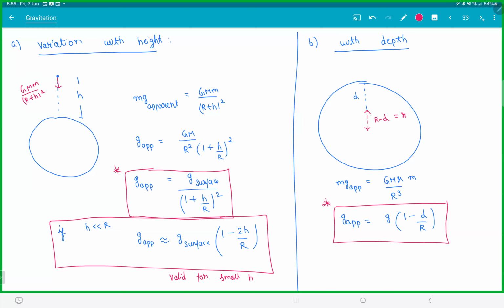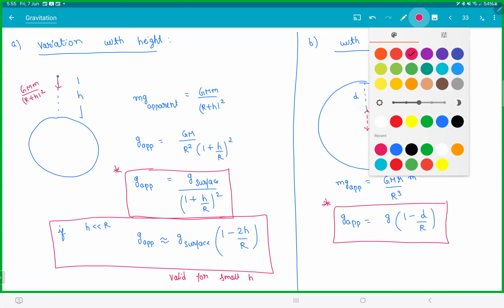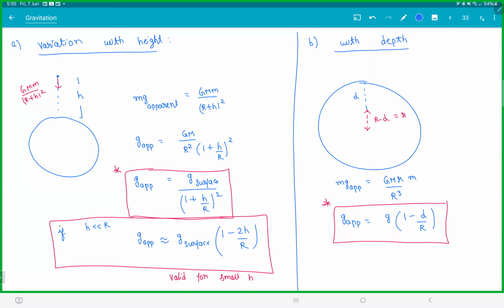This is with the height. You should definitely mark up the formulas. Okay. Next thing,